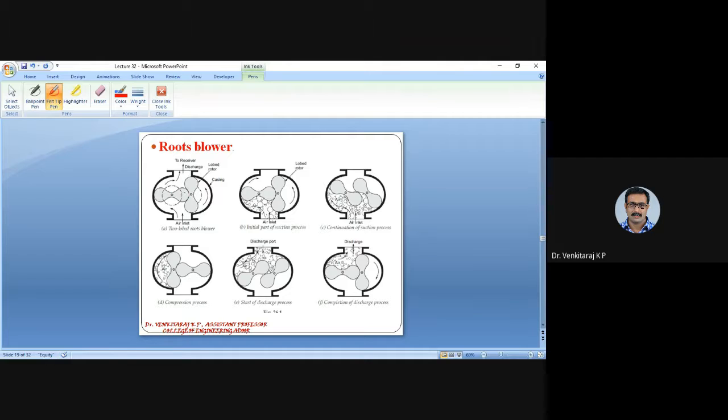These are known as lobes, and one of the lobes will be powered and the other will be rotated by the first one. So the powered one will make the rotation of the other one. So that is how it works. And these two lobes are enclosed in a casing, and you can see the one port through which the air enters here, and the mode of operation is exactly the same way how it works in a positive displacement pump.